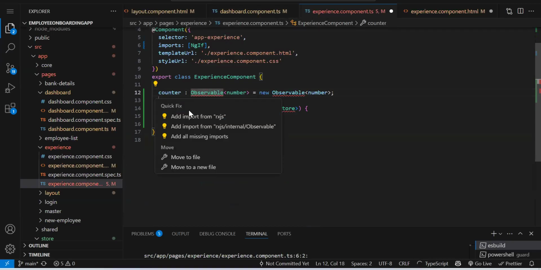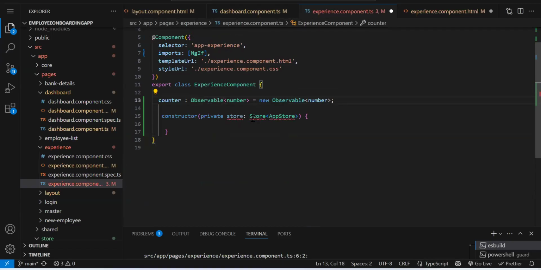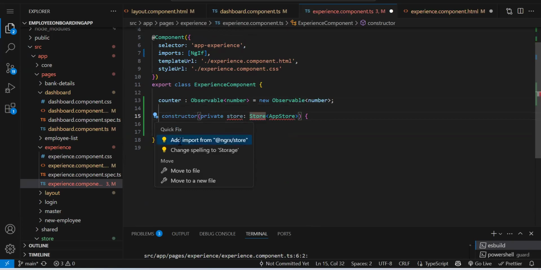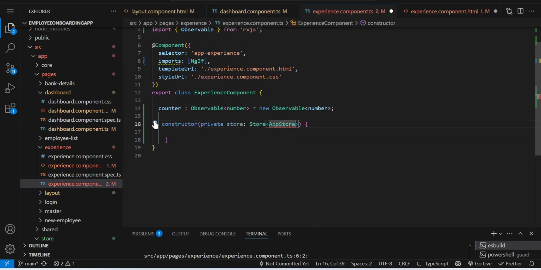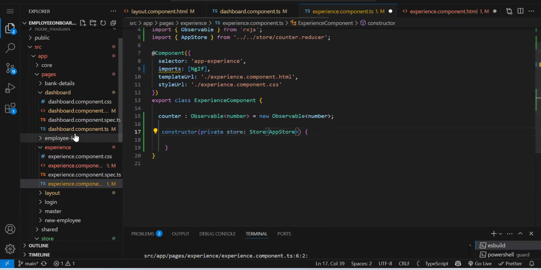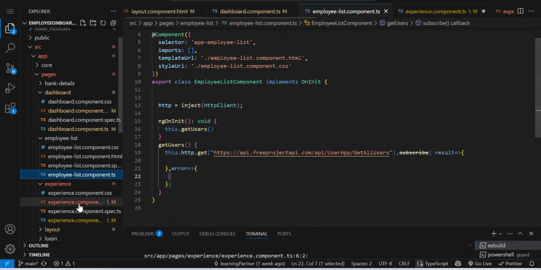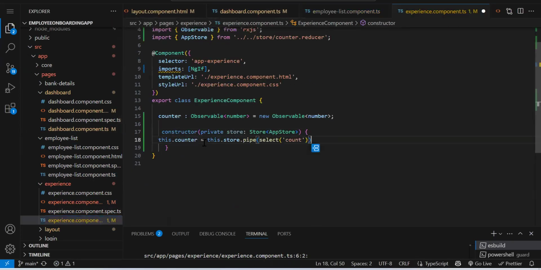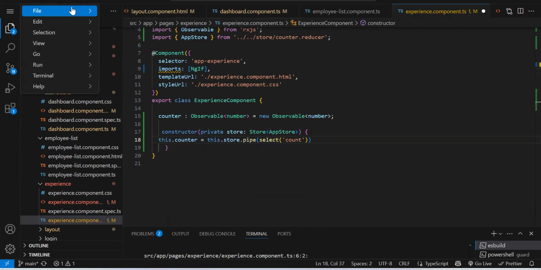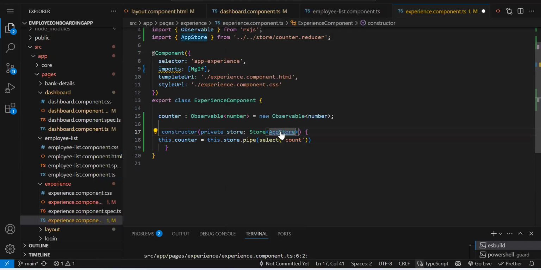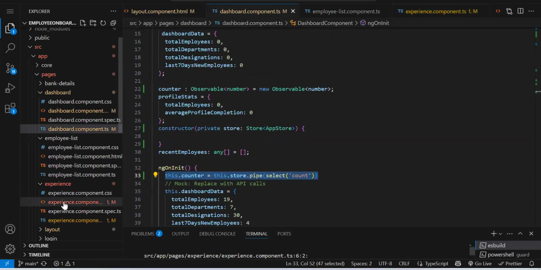Observable. Okay. So we are accessing the store in three components: experience component, dashboard component, and the layout also.